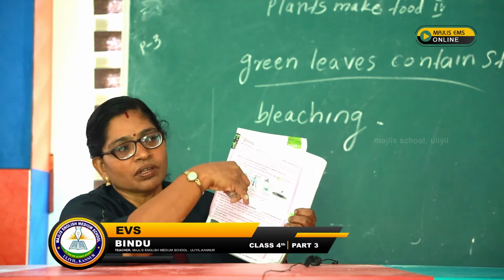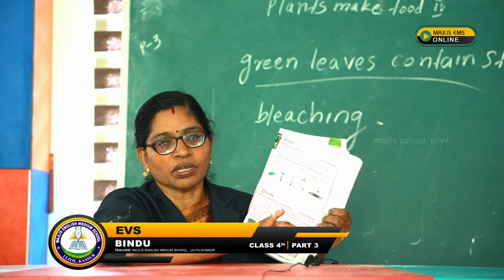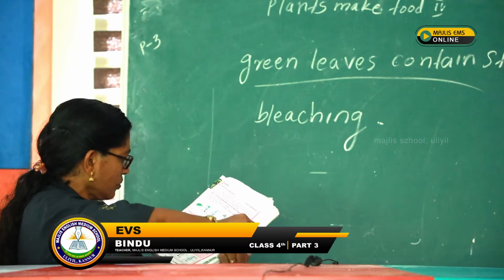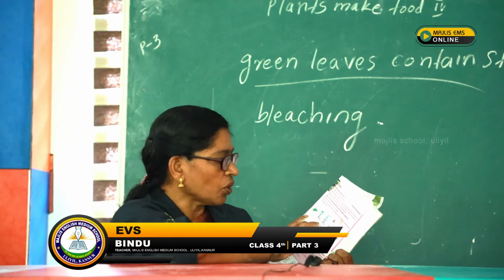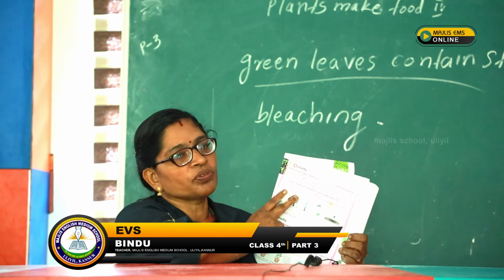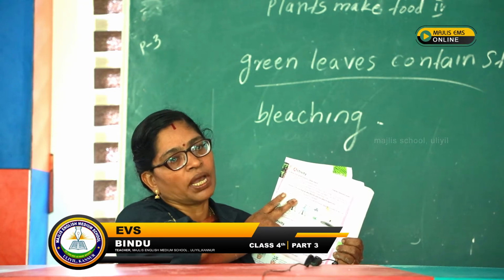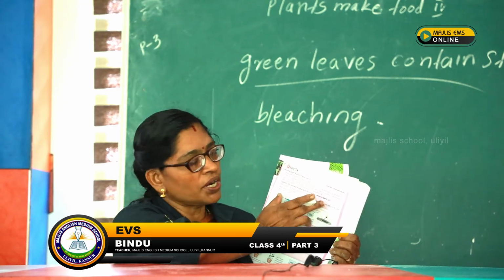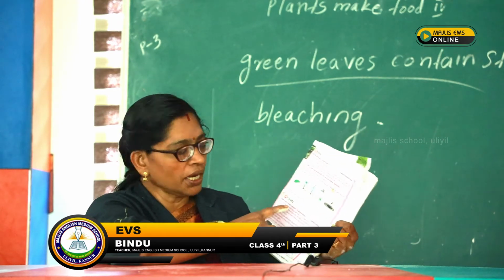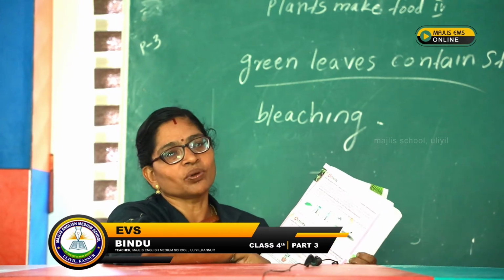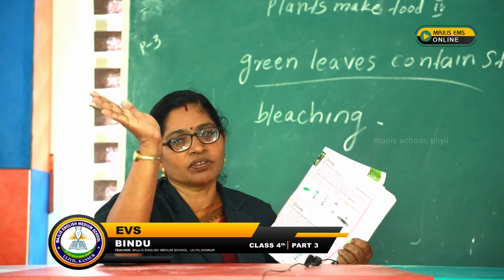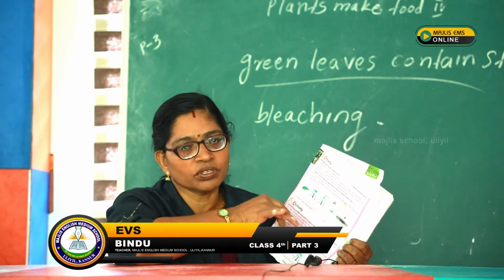Then let us enjoy a video. Here, pour a few drops of iodine solution on the leaf. What do you see? Write your observations here. You take your notebook and write your observations. What did you see in this experiment that you want to write here, and what is the conclusion? Yes, very good. The leaf contains starch. Okay, I think you all understood this experiment.